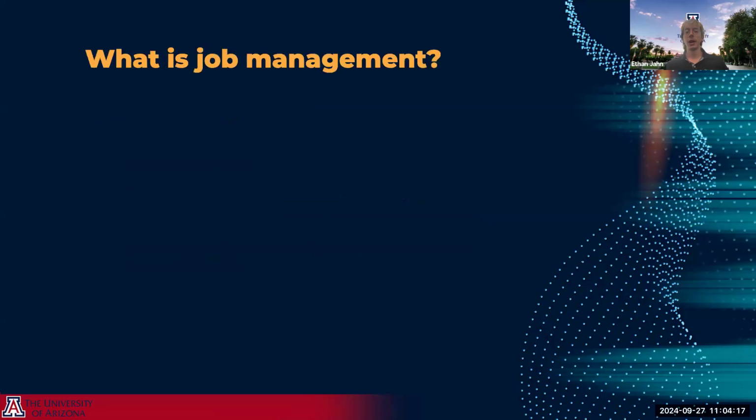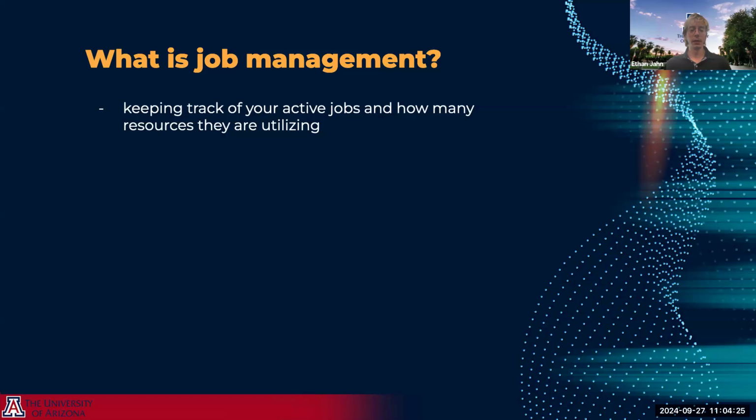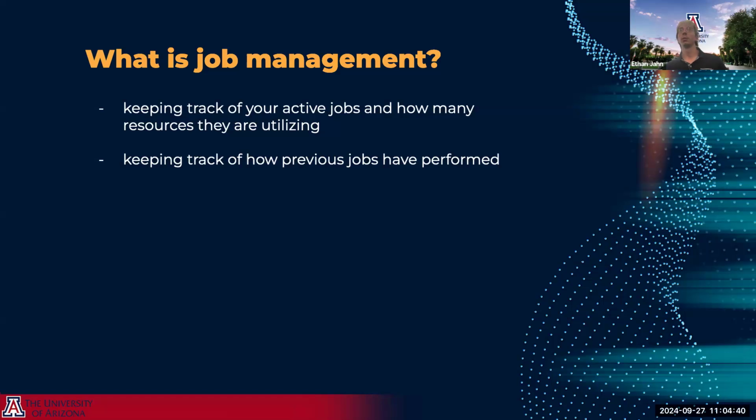So what is job management? We're going to clear up the difference between job management and job optimization here, because we're going to tackle them separately. They are certainly related, but job management is keeping track of your active or completed jobs and how many resources they are utilizing. It's also keeping track of how previous jobs have performed: whether they failed, whether they got killed because of an out-of-memory error, whether they completed successfully, whether they were efficiently using the resources they were assigned, or whether they were inefficiently using them, as well as awareness and